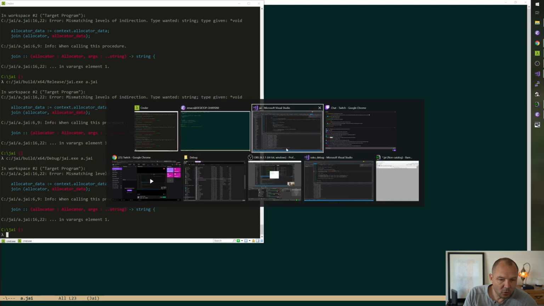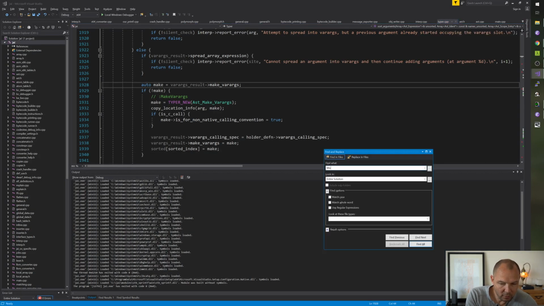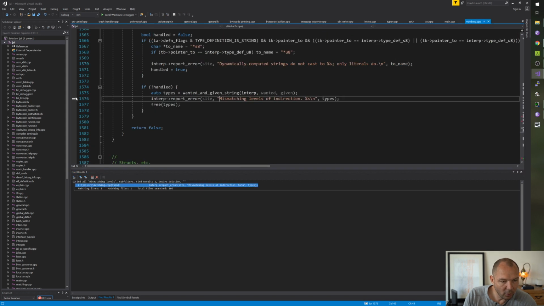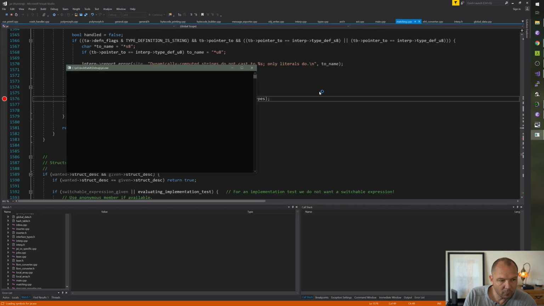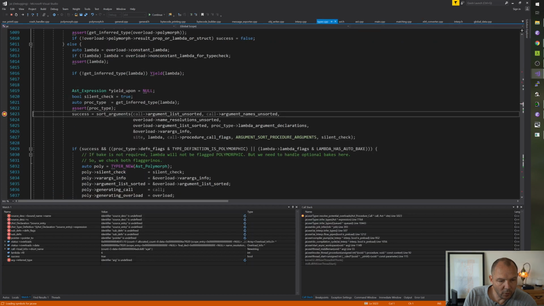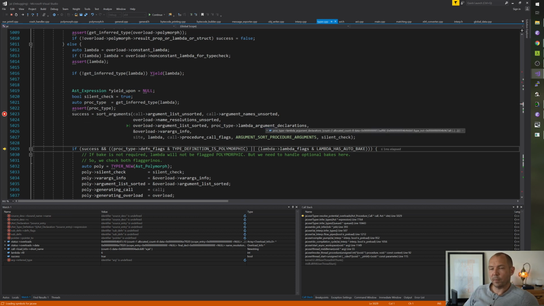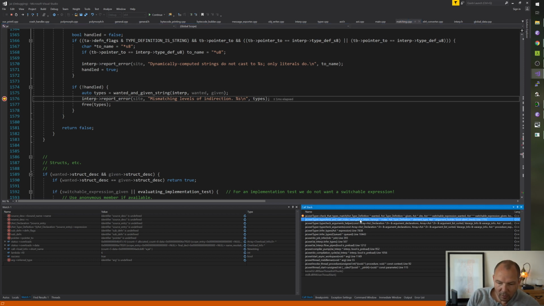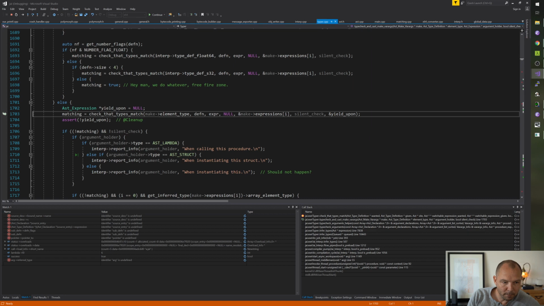So I could just break there and say, what is going on? Okay, we're in the same place. Success here also returns true. So this is happening in like a post check somewhere. Type check and cast make varargs.